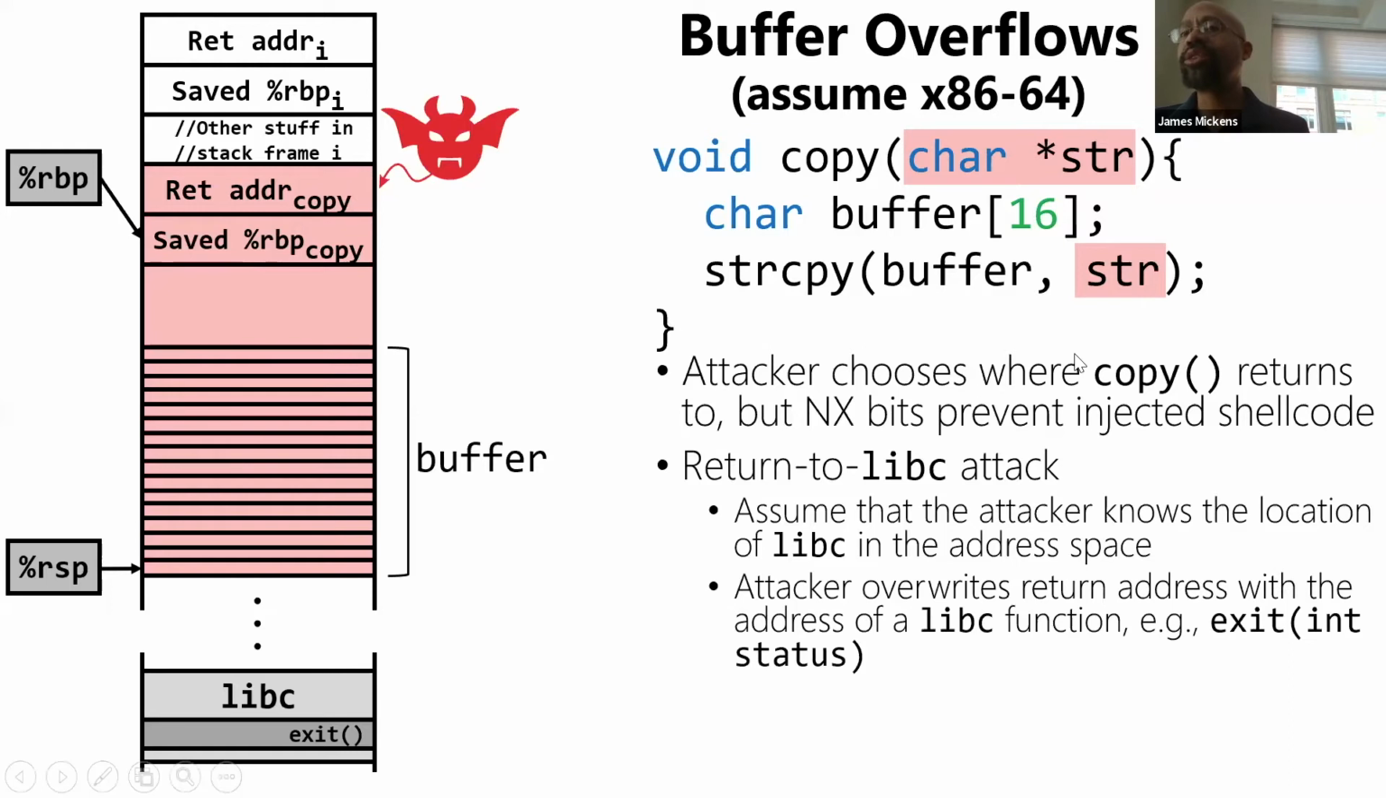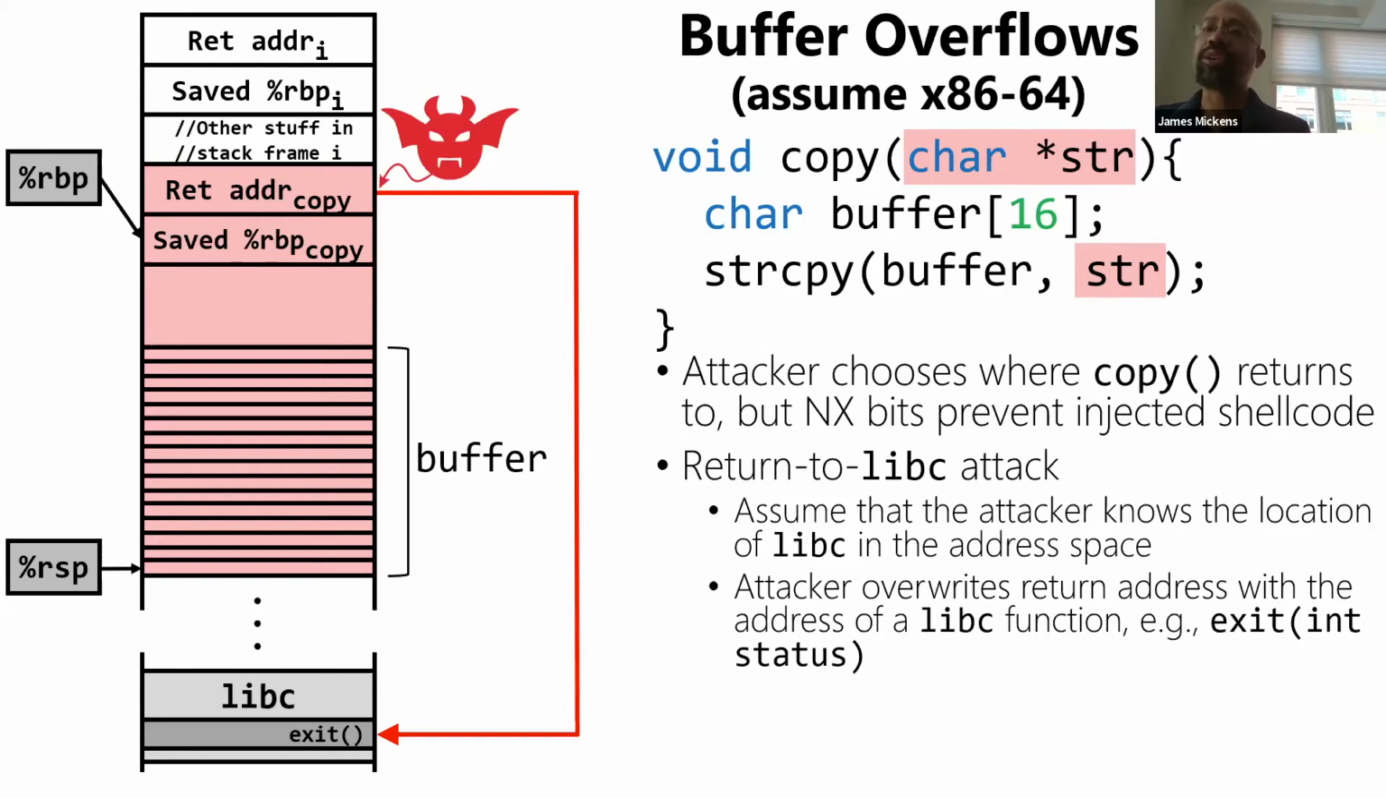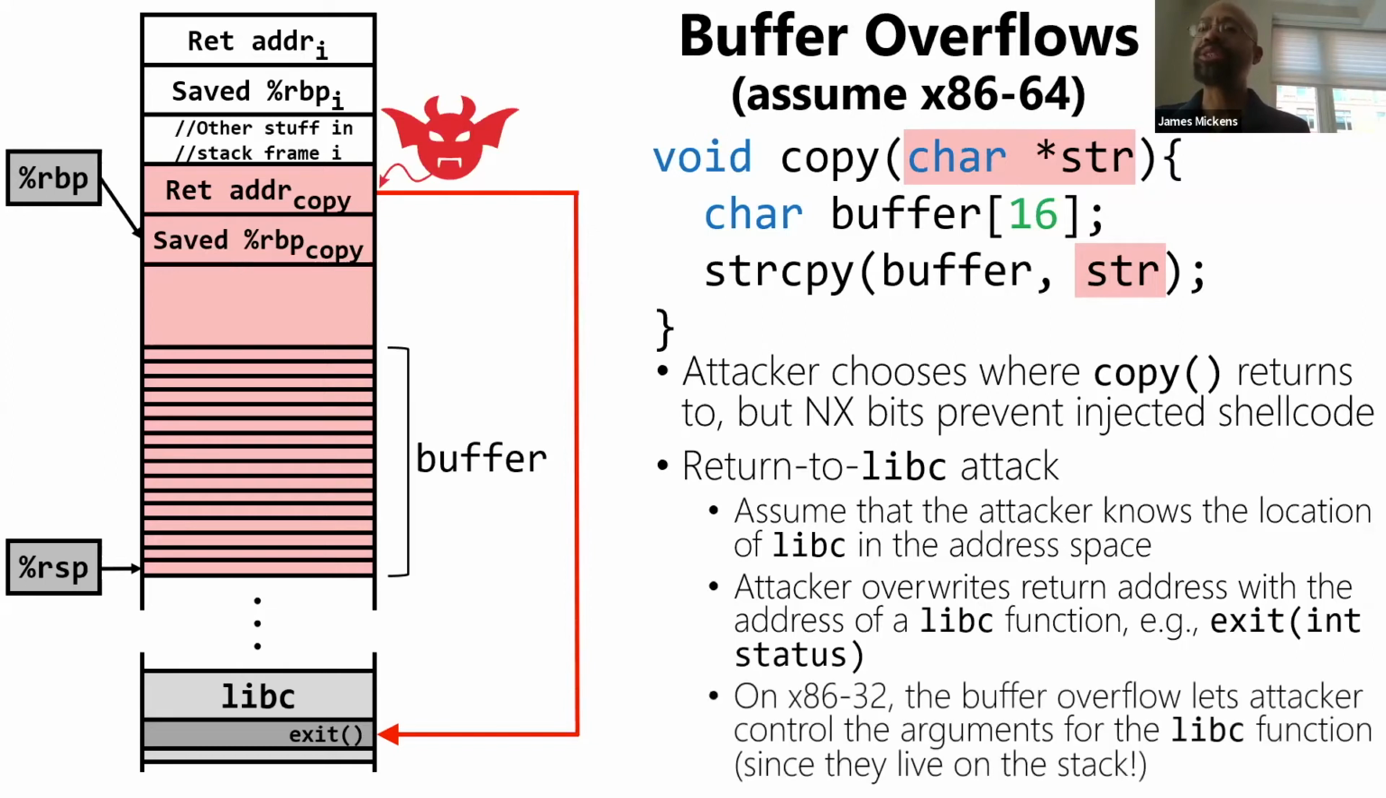So what the attacker can do is overwrite the return address on the stack with the address of a libc function. So for example, in this case, maybe we want to overwrite the return address to be the first instruction of the exit(int status) libc call. Now, what's interesting is that on a 32-bit x86 system, if you think back to the calling conventions, the arguments were passed on the stack. So depending on how clever the attacker is when they do this overwrite,